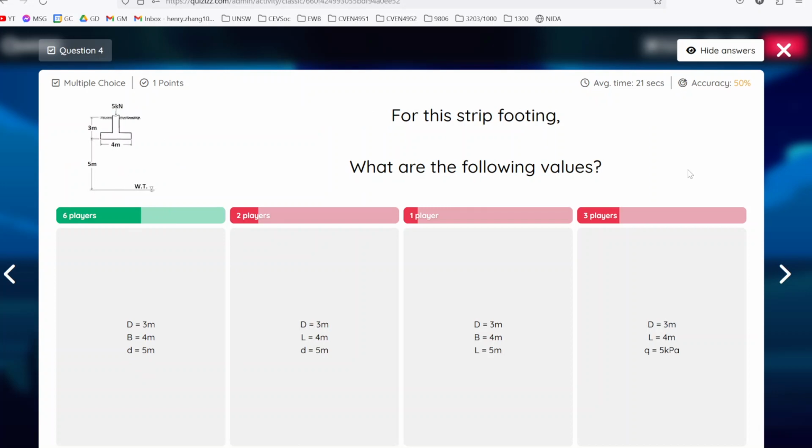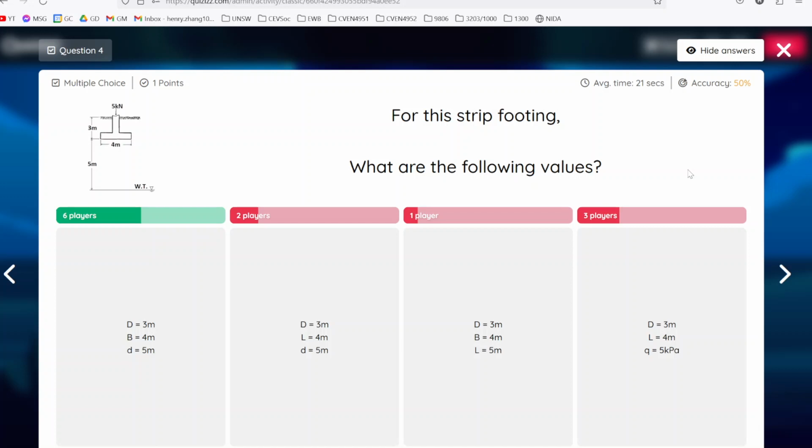So we also call this dimension here B, right? And if this is a strip footing, essentially it runs into the page like that, right? And the L dimension would go into the page. It's supposed to be the longer dimension. And for a strip footing, that's much bigger than the width, right? The other thing to note is that